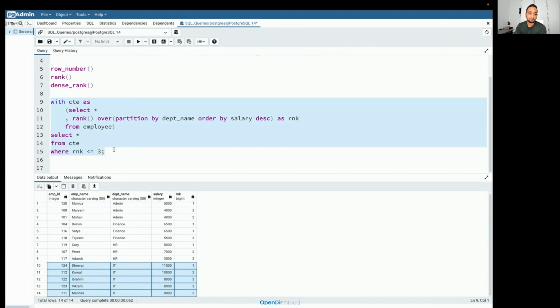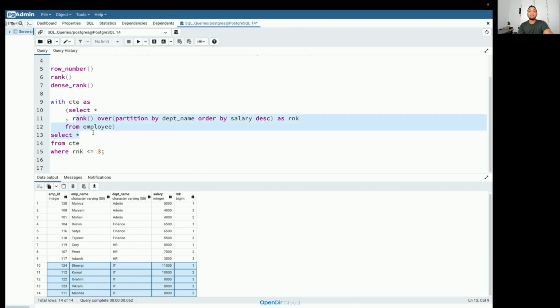So whenever you have a requirement when you need to fetch, let's say, the top five employees, or top three employees, generally people try to use the limit clause. Or if you're using Microsoft SQL Server, you might use the top clause. But a better approach is always to use the rank window function, because there can be multiple records with the same value. In that case, rank will be able to handle that. So I hope you understand this.